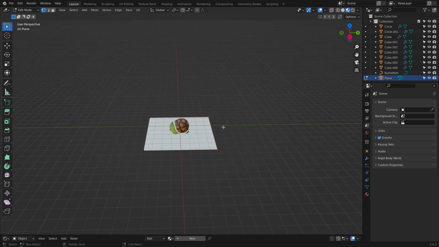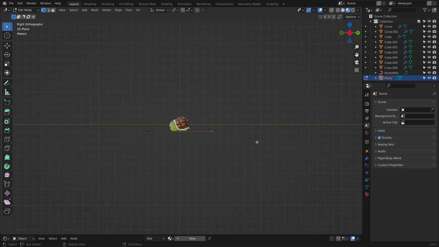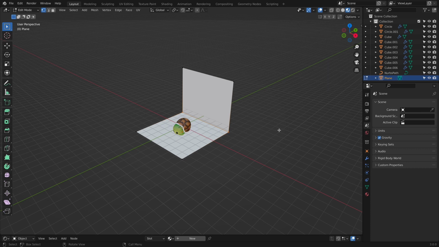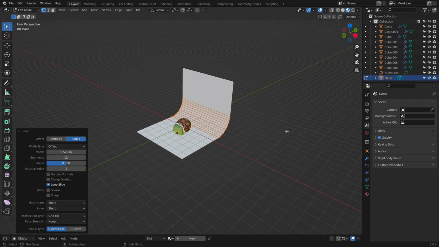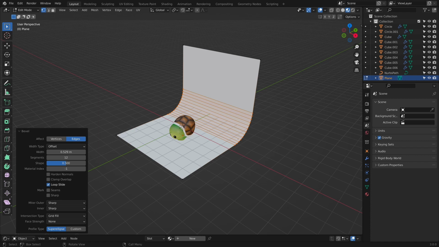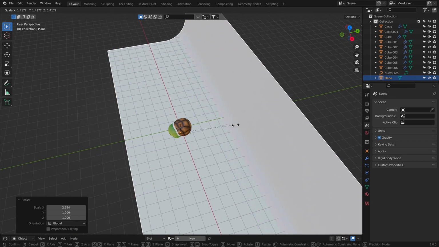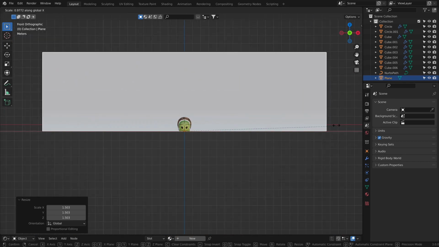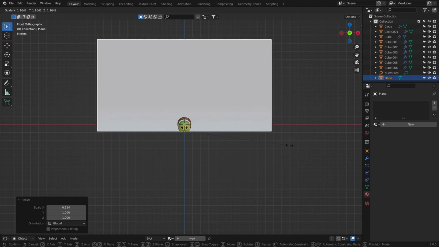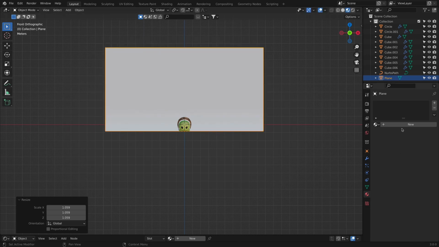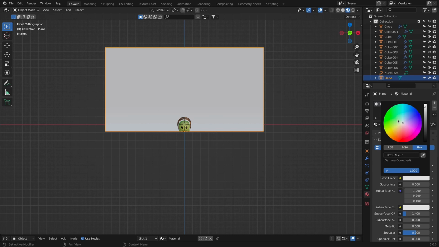Now we are going to select the back, go to edit mode and extrude it up in Z axis. Once we are done with that, we are going to select these two vertices and press Control B, or Command B if you're working on Mac. Increase the number of subdivisions by scrolling up with your mouse wheel. Shade smooth and scale it in Y axis. I'm going to scale it a bit up more. Now we are going to, let's scale it. And now we are going to add some material to the